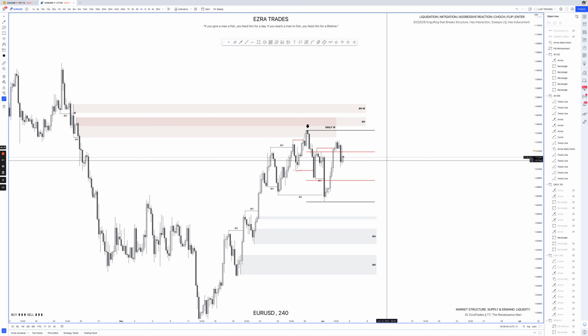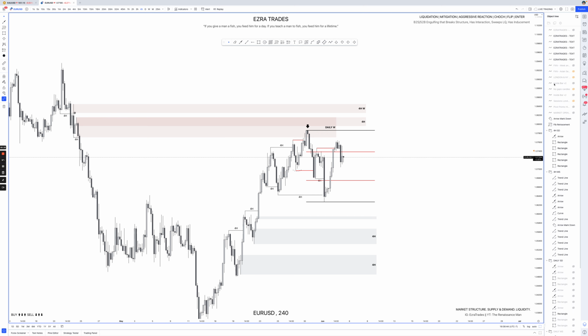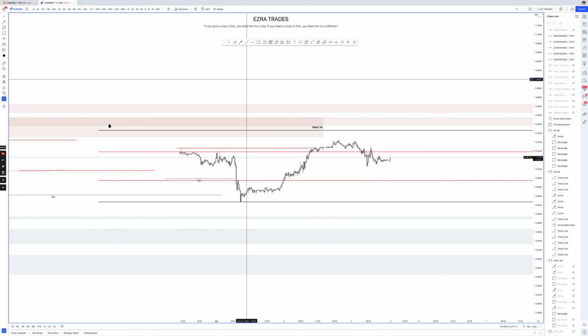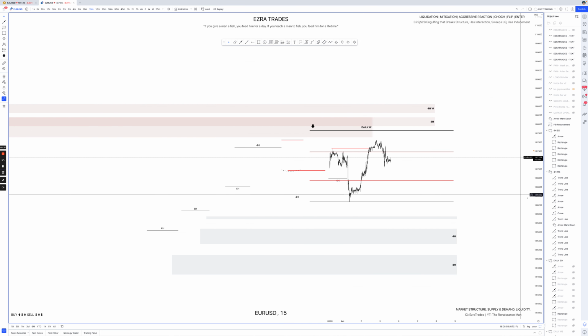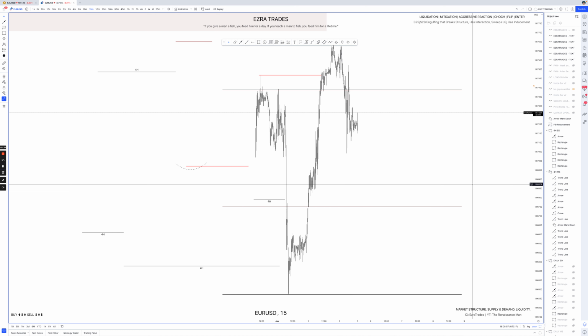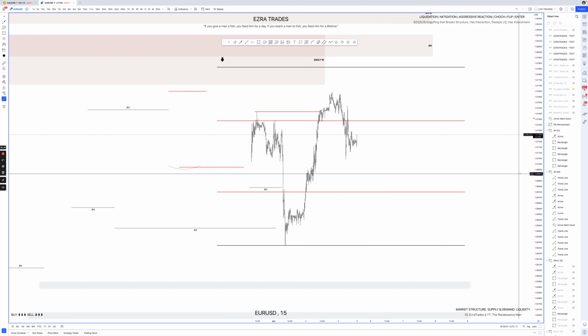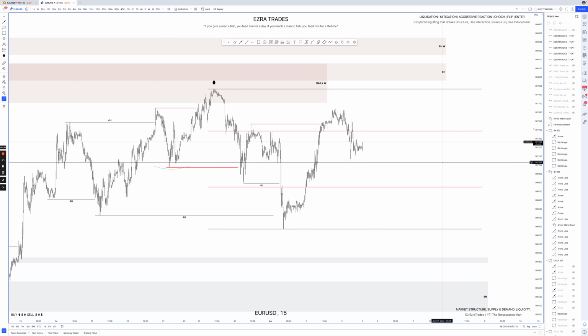Let's go ahead and jump from 4 hour to the 15-minute, right? So what I'm going to do now, we're going to drop to the 15-minute and kind of get some more insight on what potentially we could be seeing here. All right, so one thing to keep in mind is when we see higher time frame pro trend alignment,